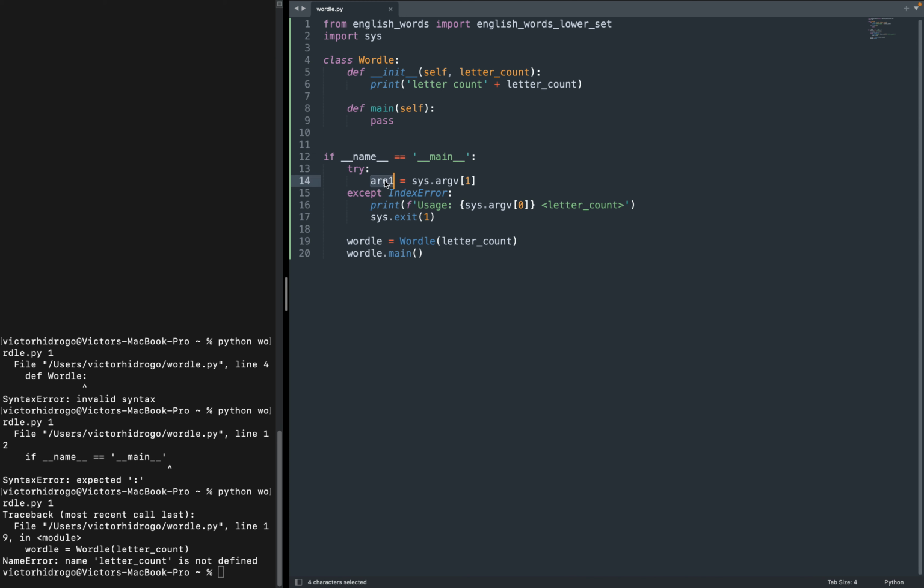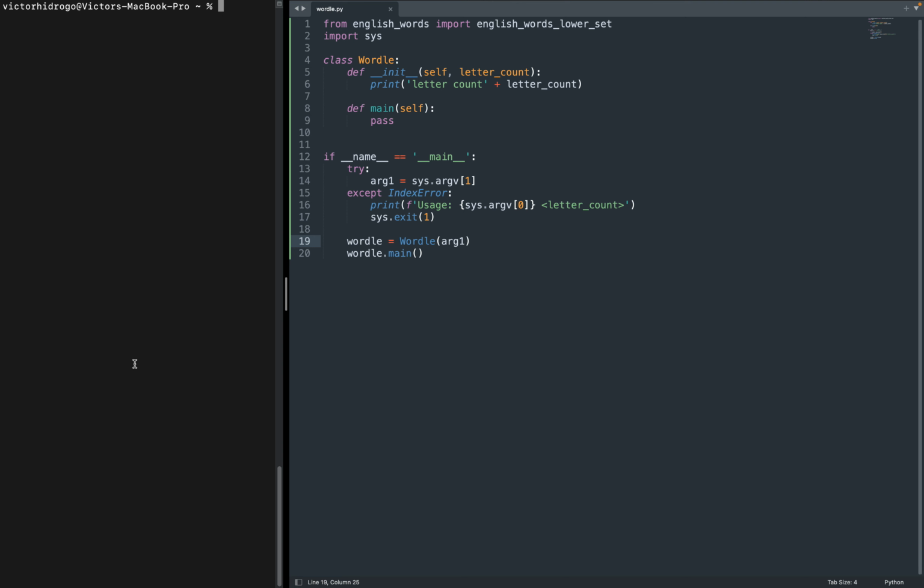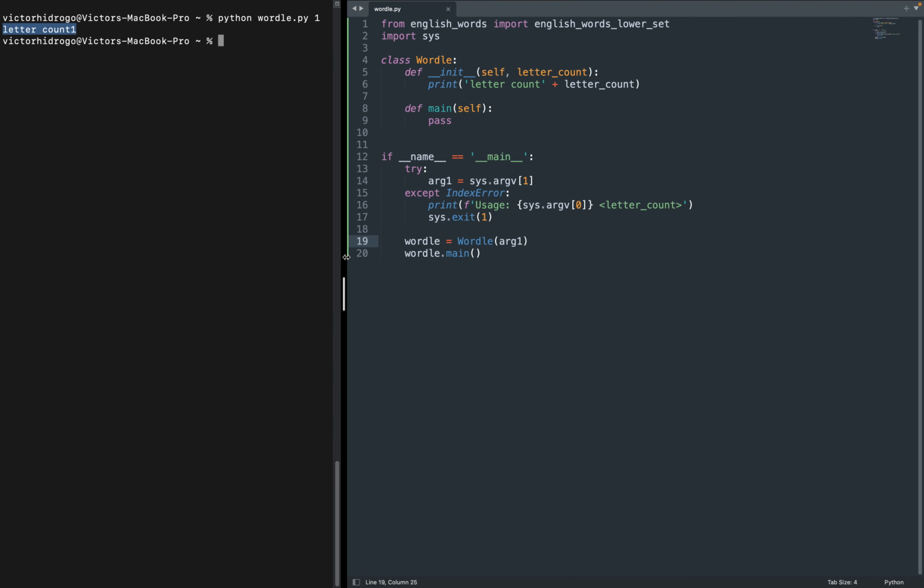And then this should be arg1. Okay, so now we can say letter count 1. Let me see that it returns this, or it prints that. So now that we know it's working, each time the user runs it through the command line, they'll need